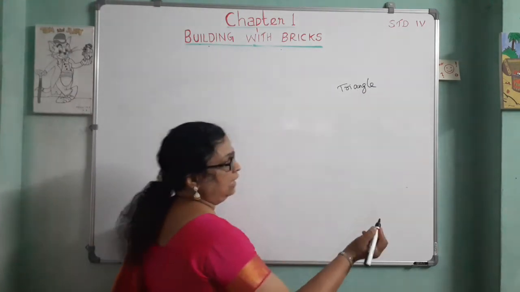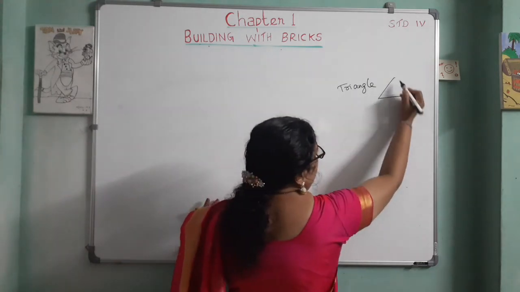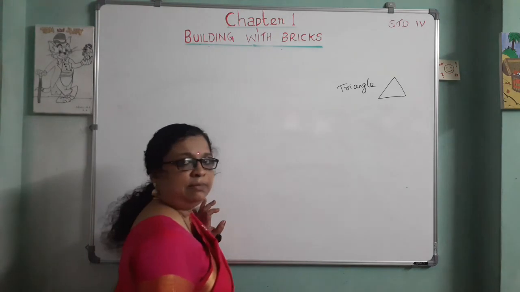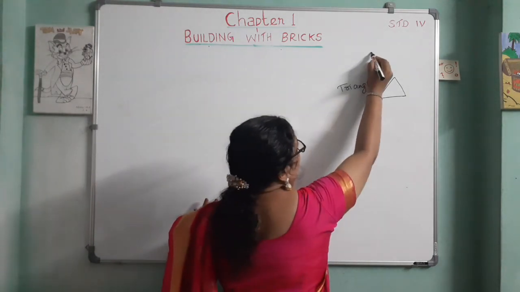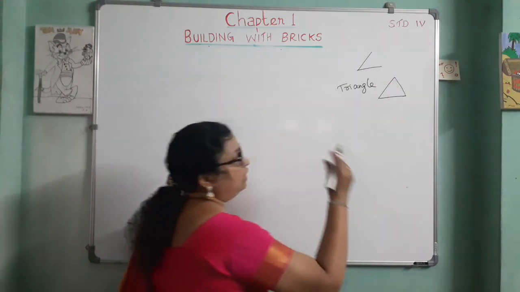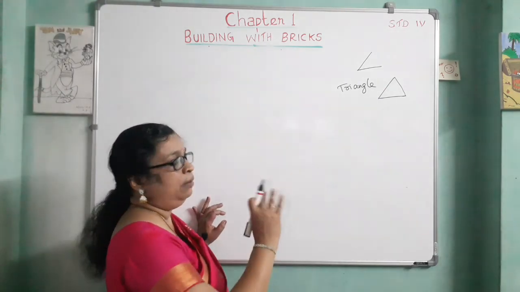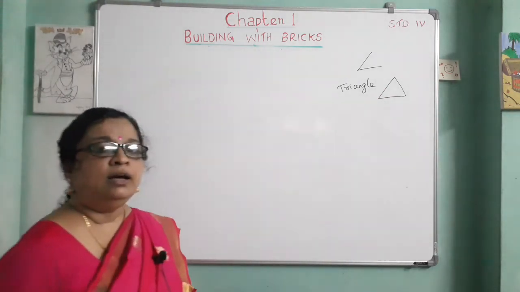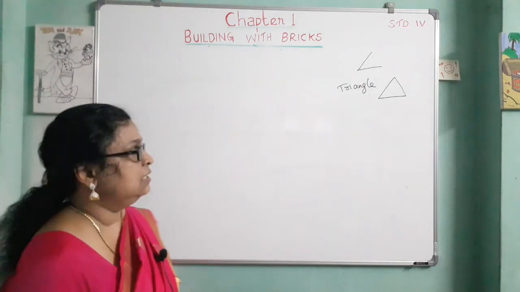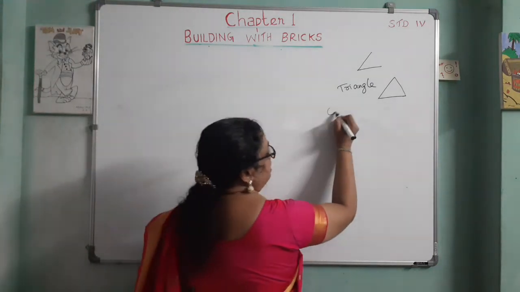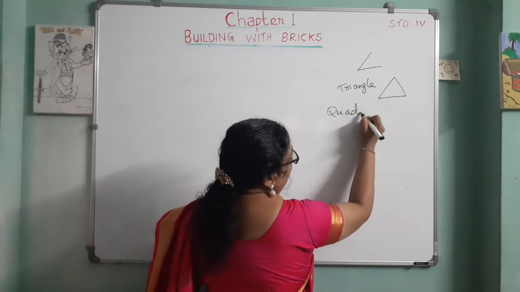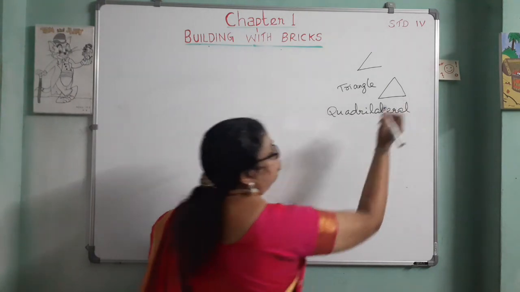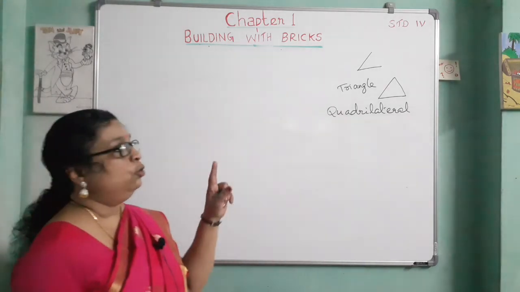So, a simple closed curve made up of line segments is called a triangle. Tri means 3. So, triangle in this shape. So 1, 2, 3. 3 line segments are there. Then if you have 2 line segments in this way, it is not closed and does not form a polygon. So the smallest polygon is a triangle, and triangle has 3 sides. Then what about 4 sides? 4-sided polygon is called quadrilateral.